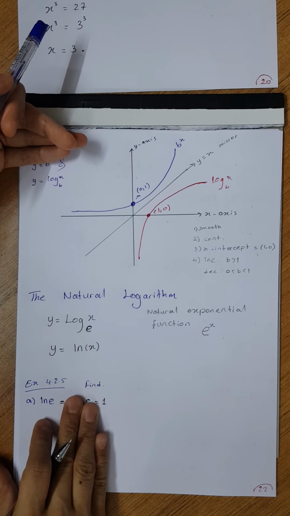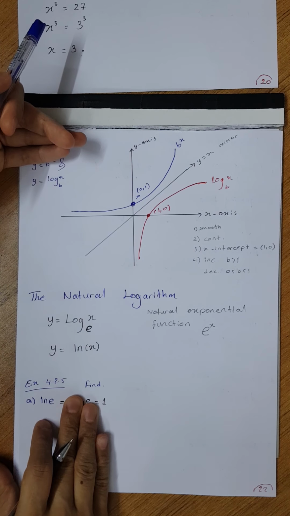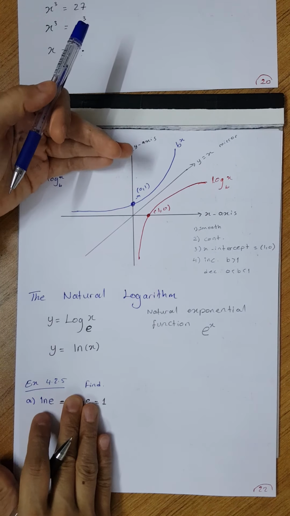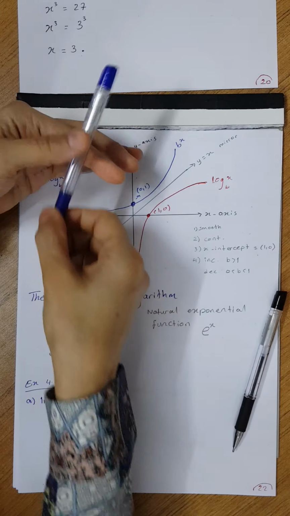Later on you will learn, and you will not need that step. You will know that ln of e is equal to 1. Okay? Second one,